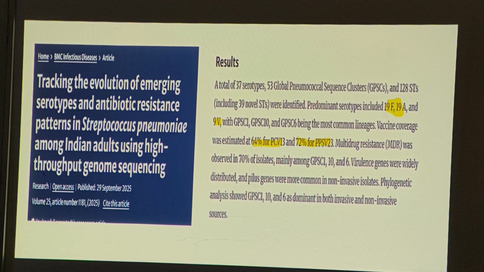So they have done whole genome sequencing of all the isolates, and peculiarly they have detected 19A, 19F and 9V strains which possess increased resistance to penicillin and other antibiotics. So the emergence of resistance from various strains, including the vaccine strains, is what this peculiar study has covered. So in this patient, the patient is 65 years old and is having COPD, some risk factors are